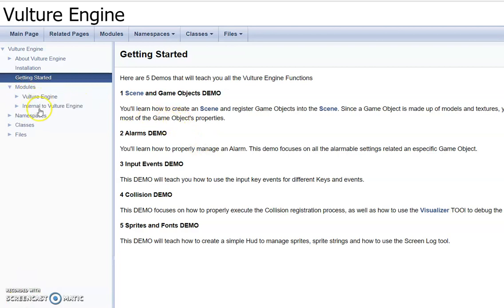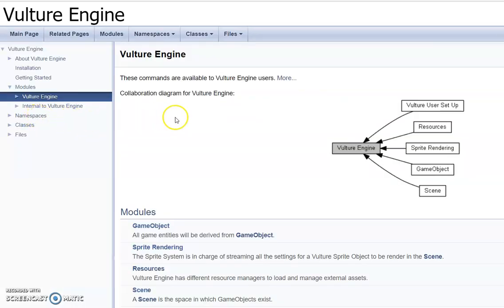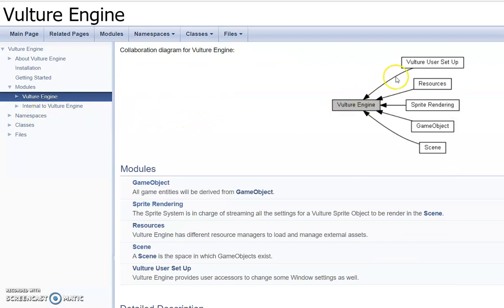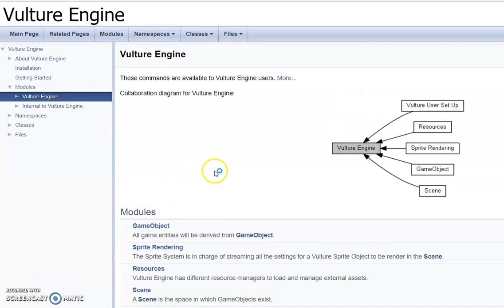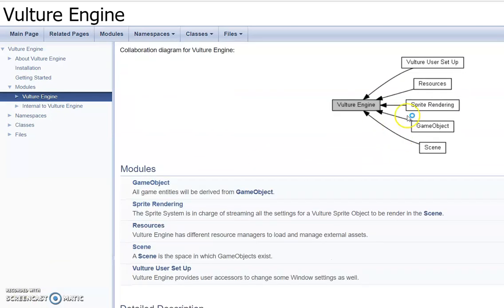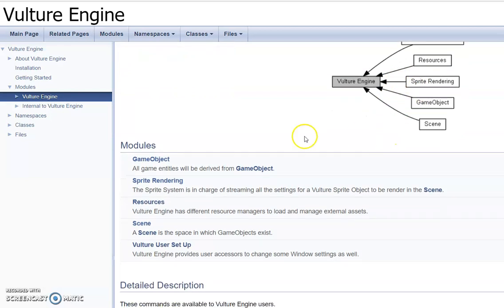Then on the modules, I have the Vulture engine module and the internal Vulture engine. In the Vulture engine, I have the Vulture, the user setup, all the user functions that the user can access, the resources, all the sprite rendering, the game object, and the scene. So for the game object,